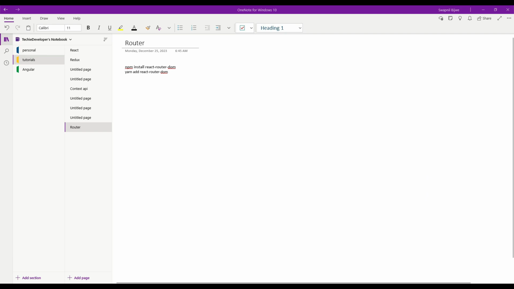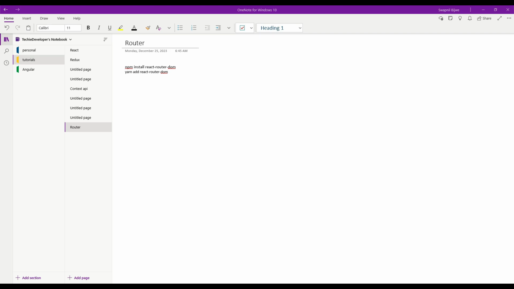Everyone. So in this video we are going to see React Router. So what is this React Router? Basically in React, the complete application is called a SPA, a single page application. Whatever application or website we are creating is considered a single page application, where React treats the complete website as a single page only.